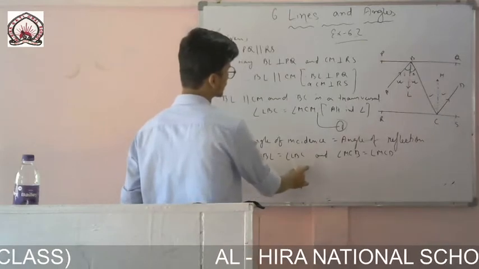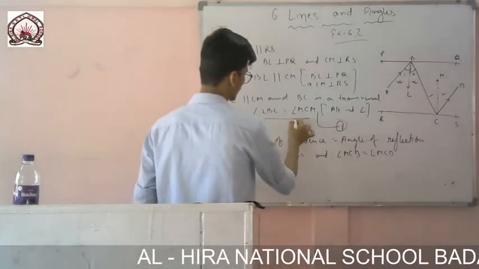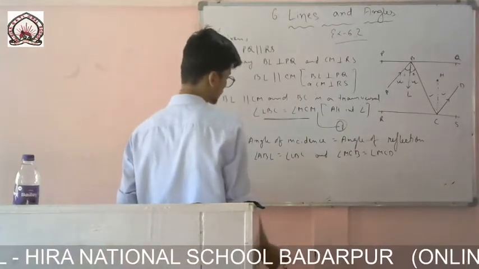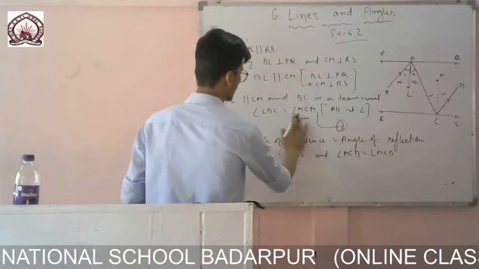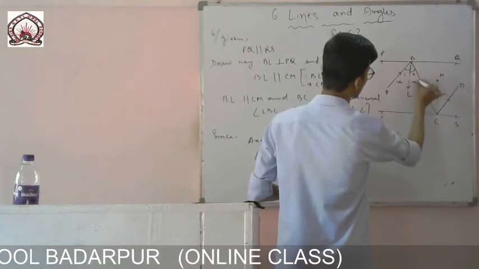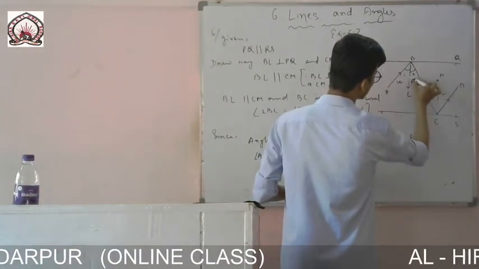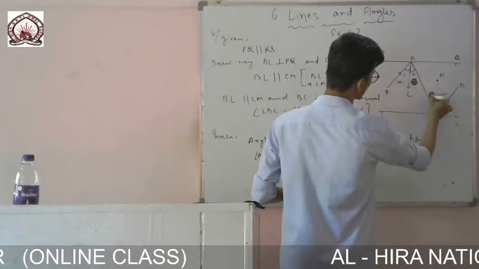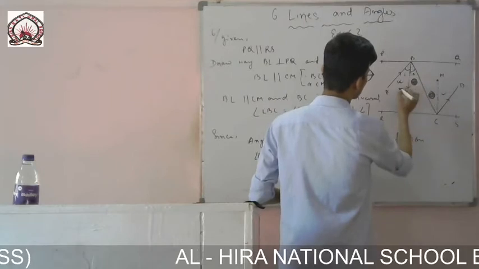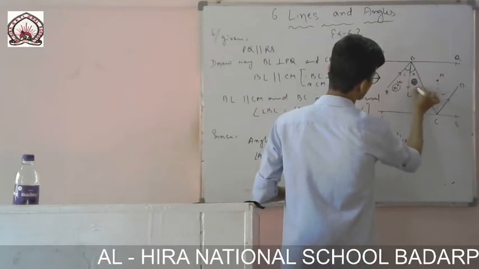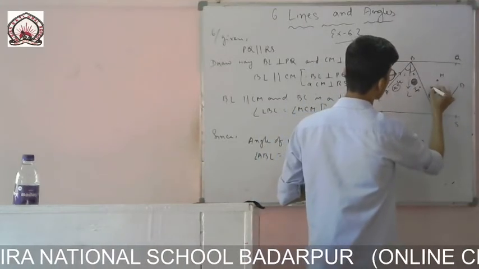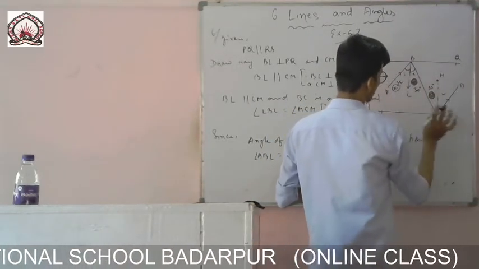If these two angles are equal, and what is given here, you see, LBC, what I have said. These two angles are equal, it is given. If these two angles are equal and this one is equal to this one, for example, I am giving this one 30 degrees, this one also 30 degrees given, and in the question we have proved earlier that these two angles are equal, that means this one also 30. I am just taking one example.